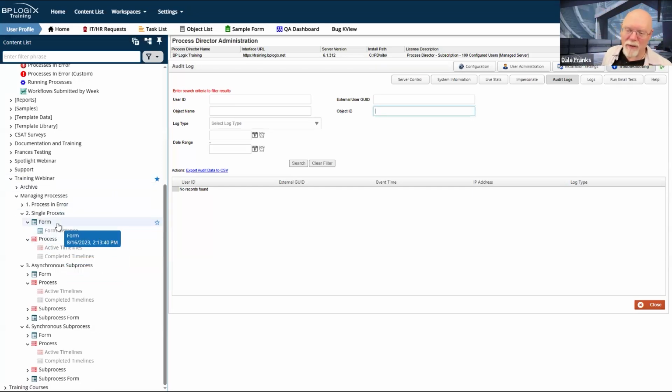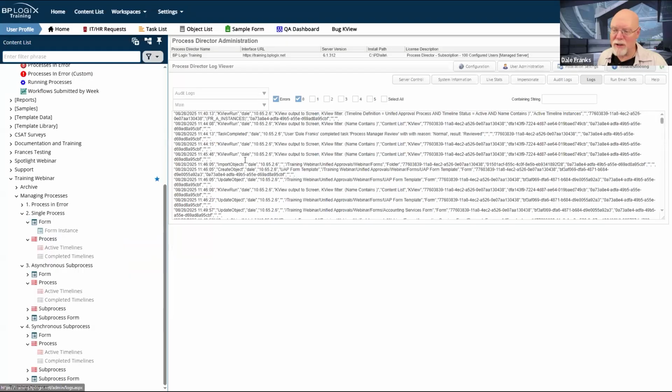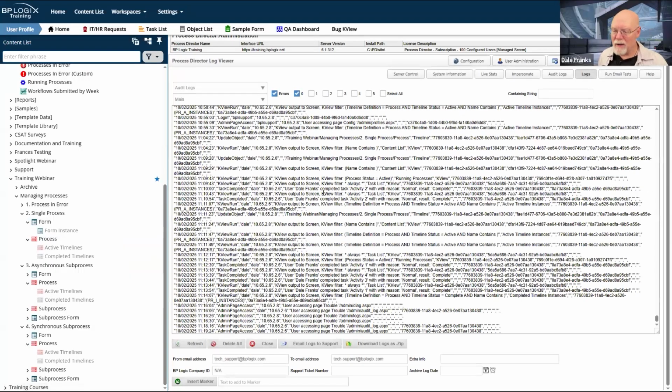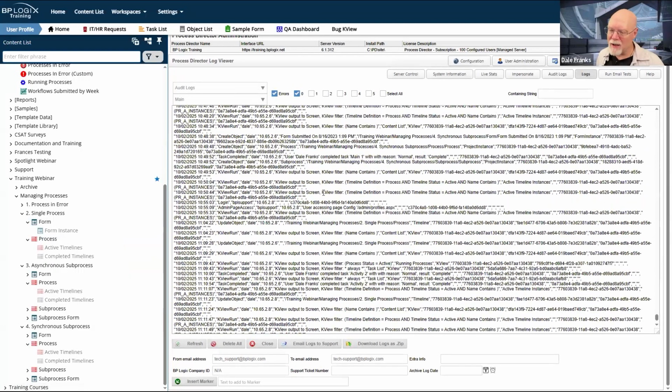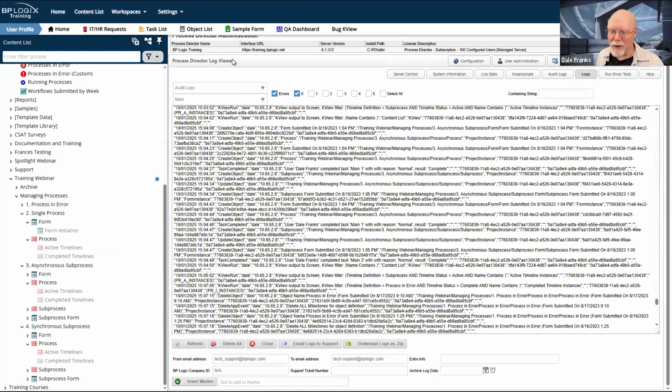So that's just sort of an aside, because if something wonky happens in a process, it's really useful to be able to go back and to easily find anything that happened in the log files. Because just going into the logs page and just trying to read the log files is super painful.